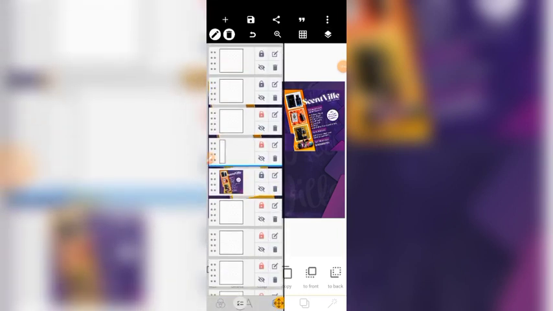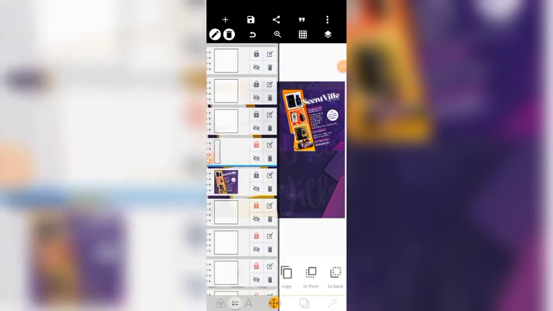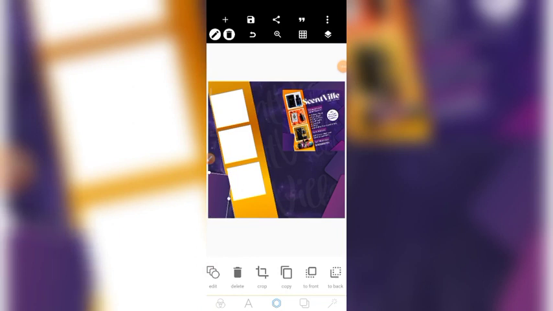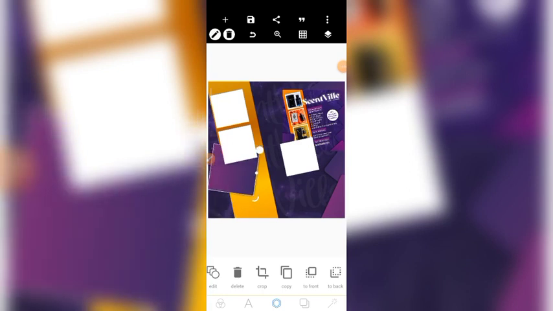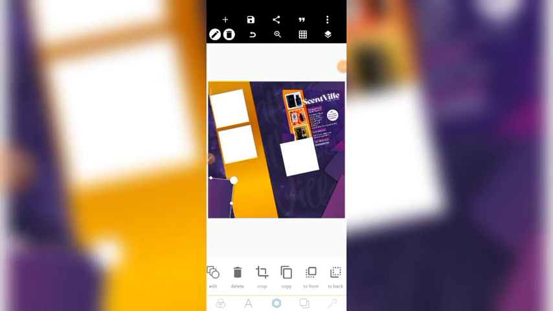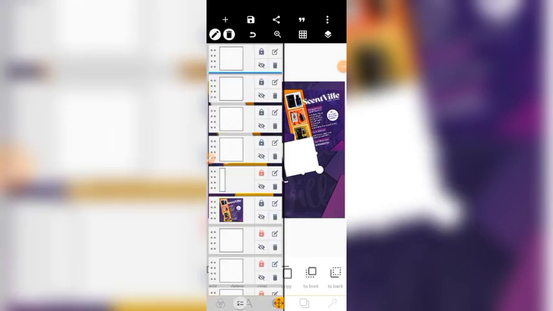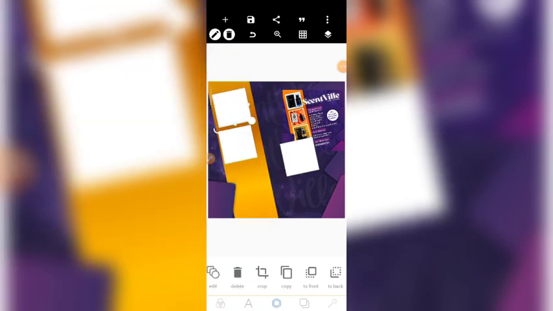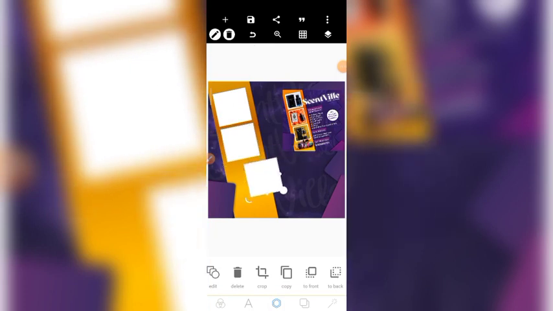And then this guy here, so I'll just move this one a little bit, sorry, like this. Okay, and that's perfect. Then we'll lock it back so that it doesn't keep moving. Then this one, we're going to place it, and then